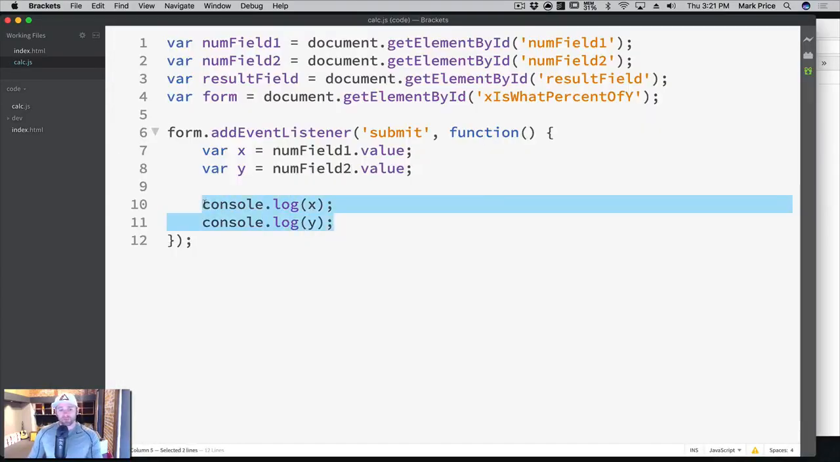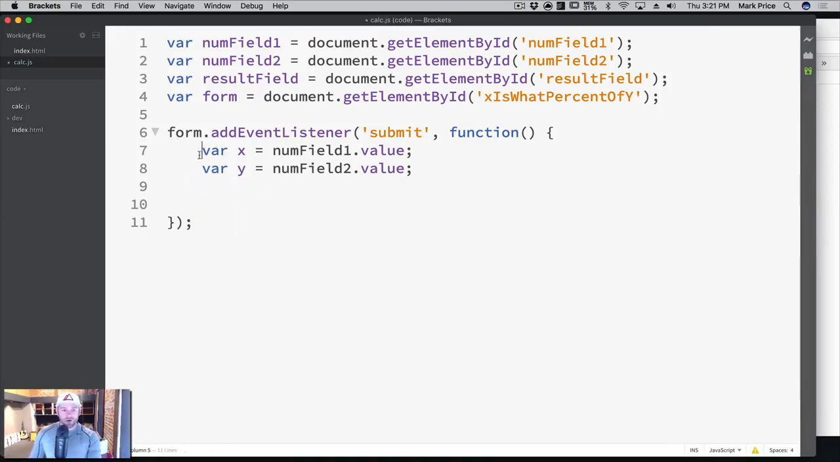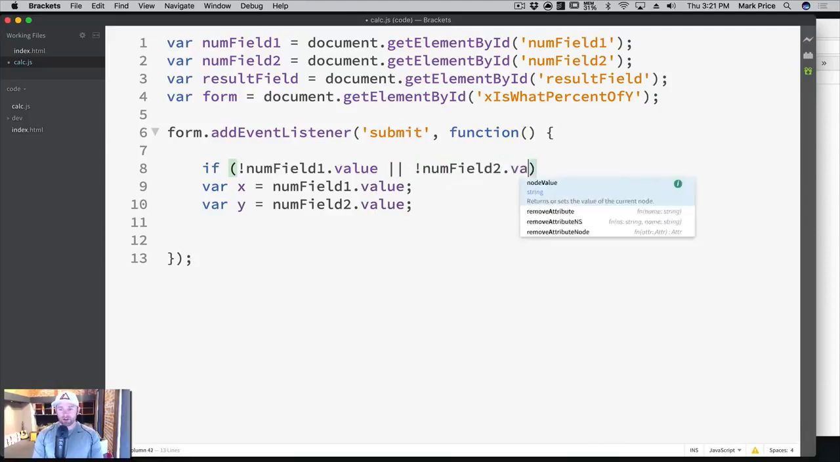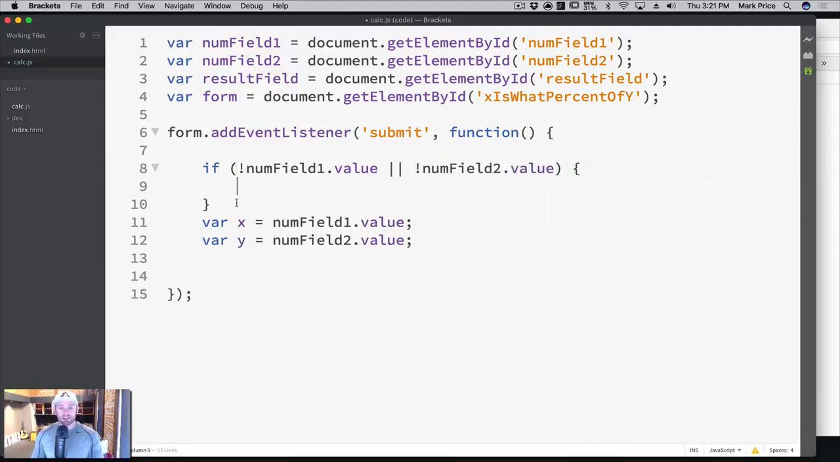So we should check for that, because we don't want to run a math operation on something that doesn't exist, right? Let's go ahead and do that now. This is called validation, form validation. And so what we're going to do is say if not numfield1.value, or if not numfield2.value. So what we're saying here is if this is null or undefined, doing the not sign here,